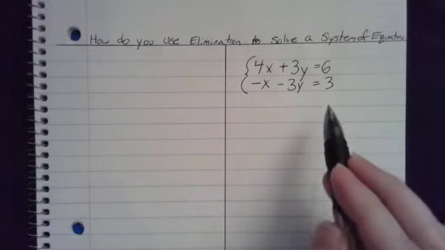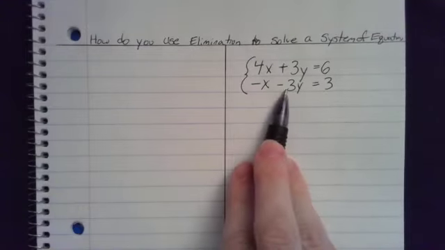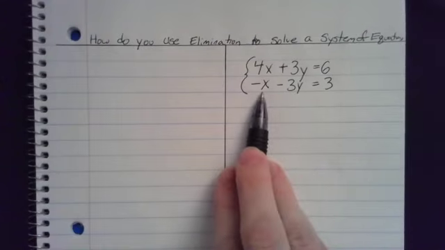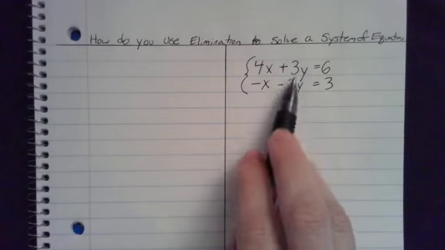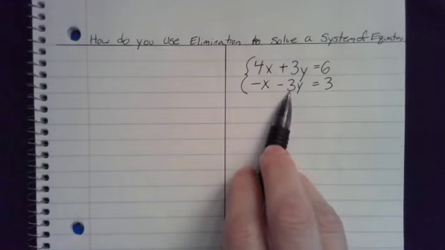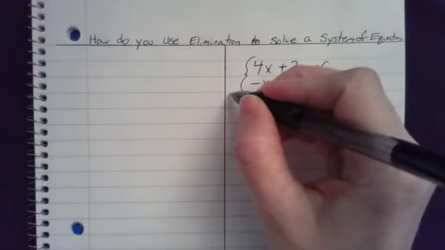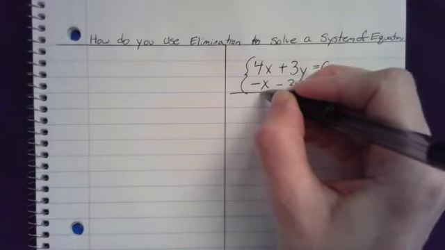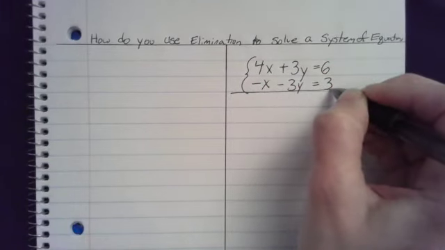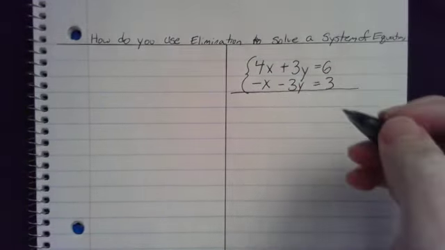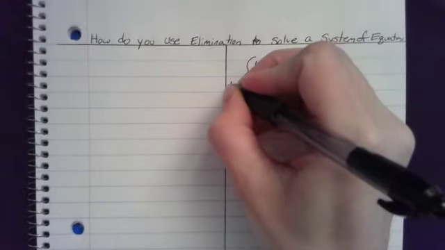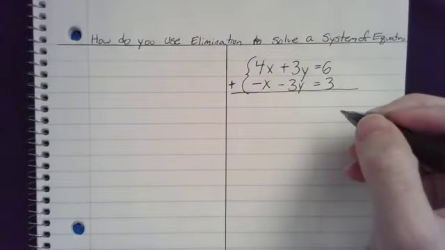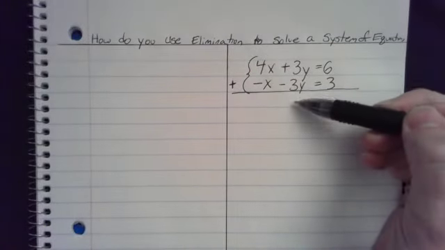When you have an equation that looks like this, and it could be either with the y or on the x, where you have opposite coefficients on the variable, you can use elimination. So I'm going to treat this as an addition problem. And I'm going to add the two equations